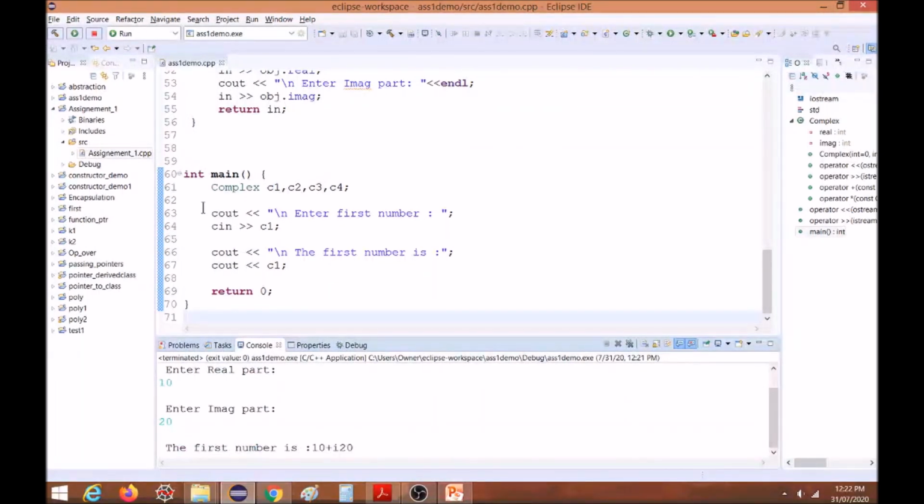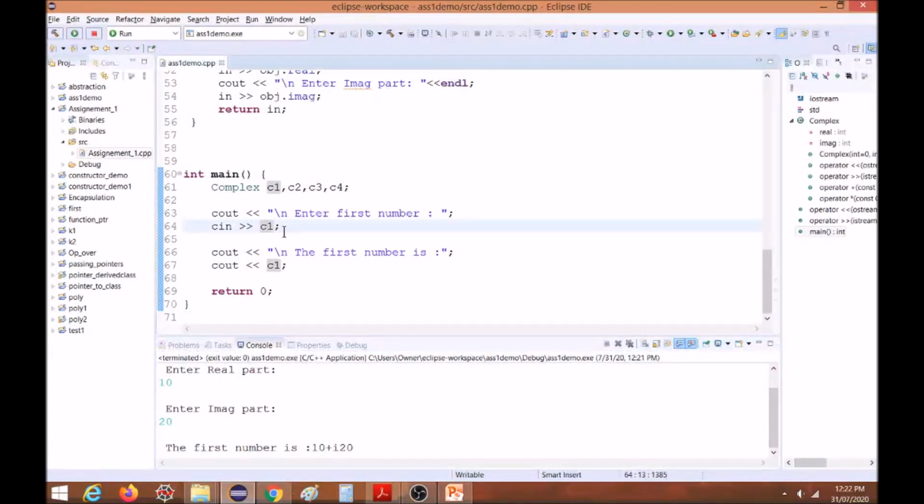So observe what I have done in the main function. Cout enter the first number and I have accepted c1. After that I am saying cout the first number which inputted is, and then I am displaying c1. So both the objects' names should be the same. So it shows that these two operators, stream extraction and stream insertion, both operator overloadings are working finely.